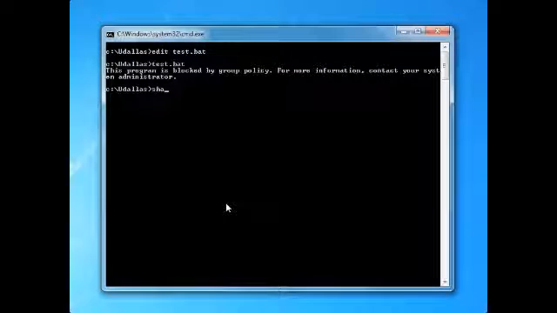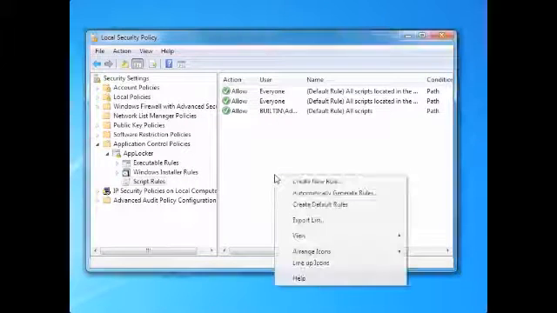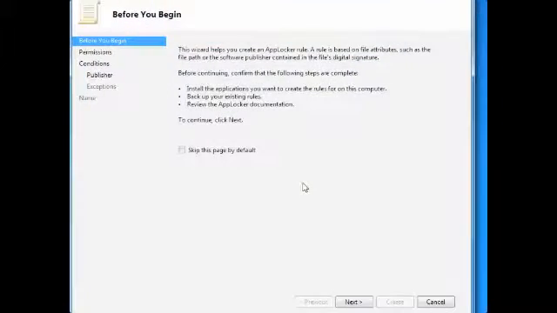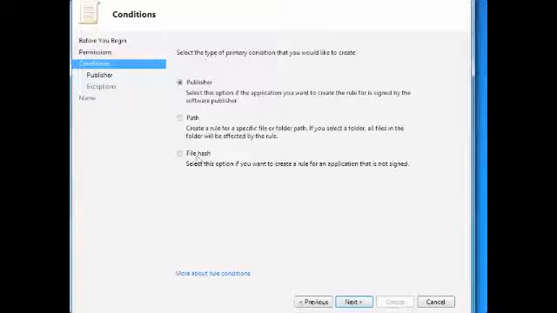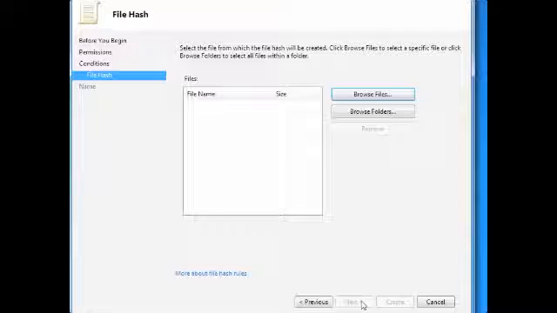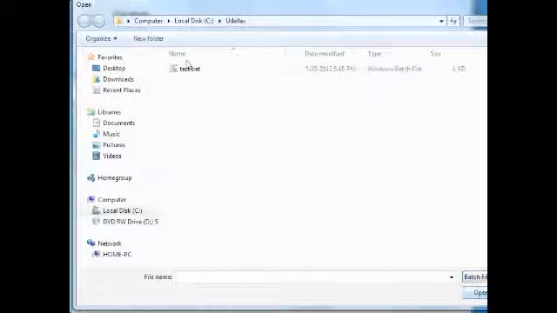I'm now going to create a SHA-256 hash of the batch file we just created. You can see that there. We'll use that to compare it against the AppLocker rule we're going to create. So I'm going to create a new AppLocker rule. This rule is going to allow everyone on this system to execute this batch file by the file hash of the batch file. So I'm going to browse to the batch file we created. I'm going to select the batch file,